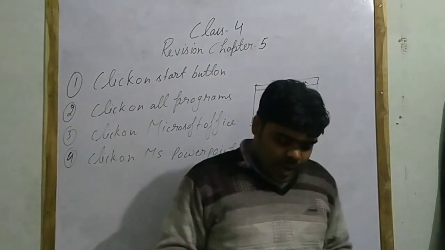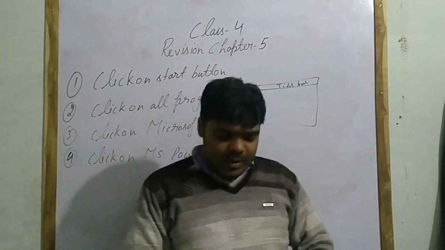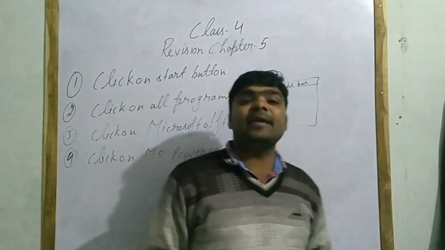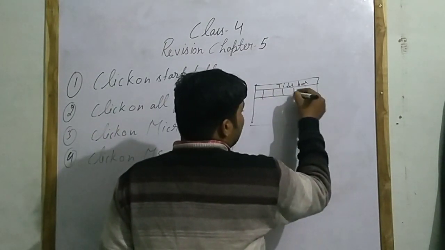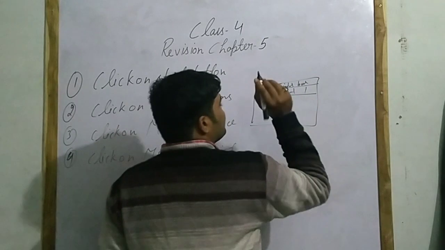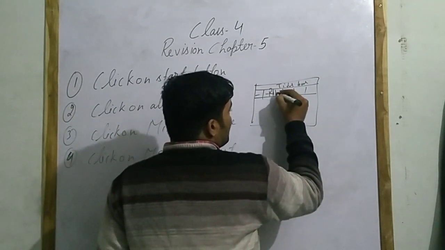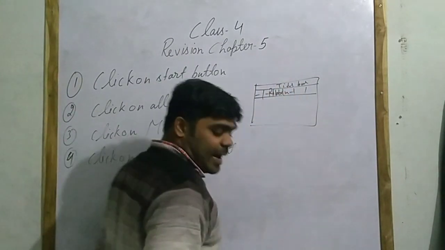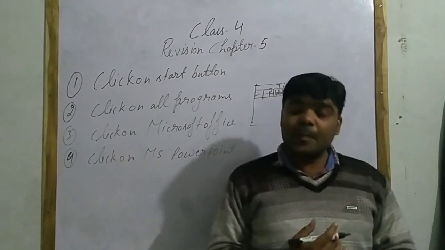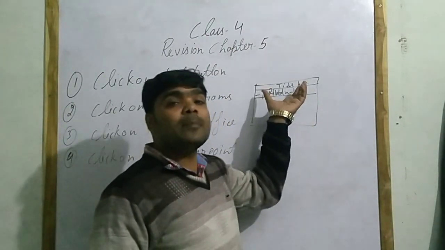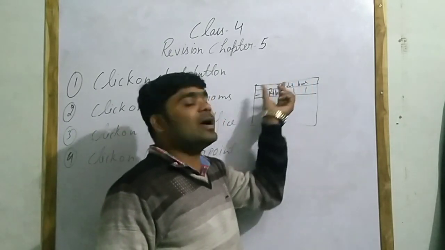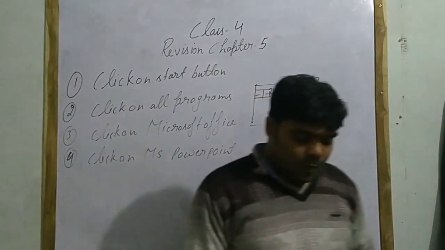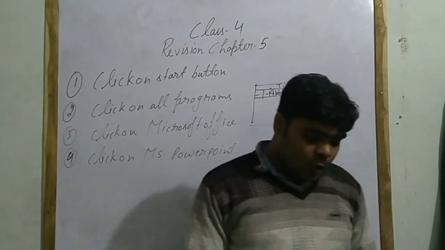Now ribbon. A ribbon toolbar is below the title bar. It contains many tabs. जो आपके टाइटल बार के बिलो रहेगा, यहाँ पे बहुत सारे टैब्स रहेंगे, फाइल टैब एंड मैनी अदर थिंग्स आर देयर. दिस इज कॉल्ड योर रिबन. ओके, टाइटल बार में क्या दिया रहेगा? नेम ऑफ प्रोग्राम, जो भी आपने प्रोग्राम ओपन कर रखा है. सपोज दैट यू हैव ओपन पावर पॉइंट, देन इट इज रिटन हियर पावर पॉइंट. ओके, नाउ रिबन. आफ्टर दैट योर फाइल टैब.